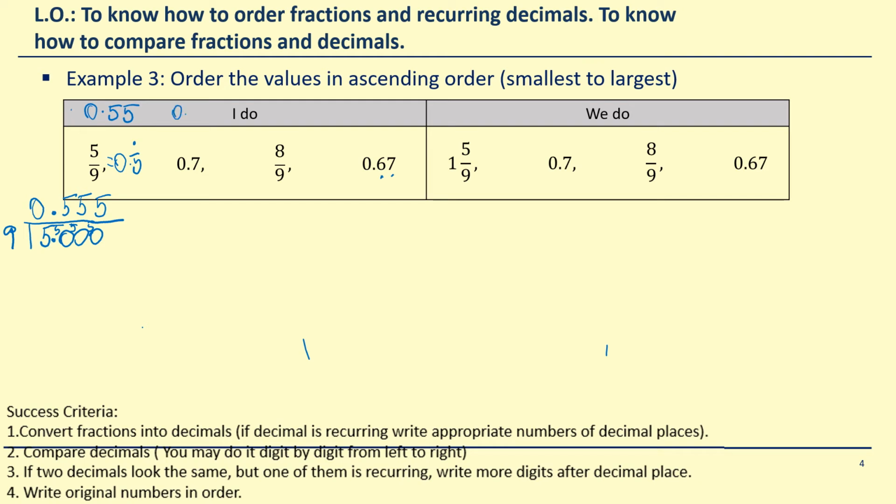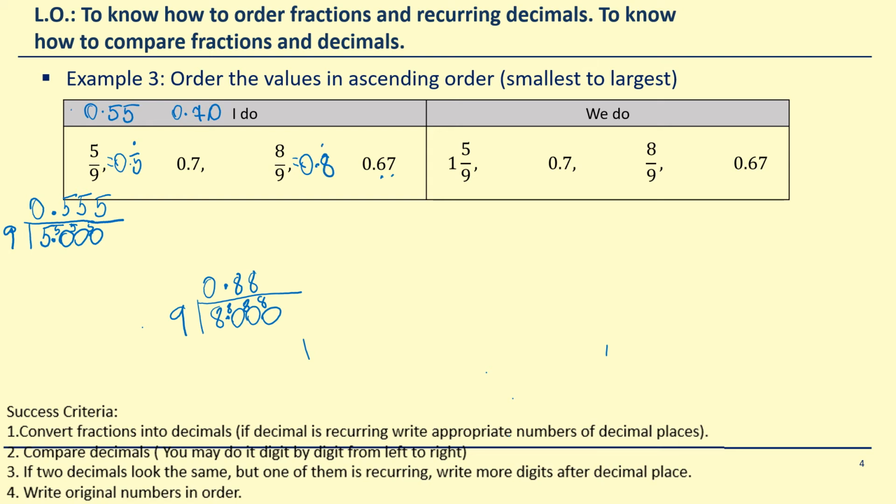This is 0.70. And now this one, so 8.000 divided by 9. Decimal point on top of the decimal point. 9 into 8 goes 0 times, 8 is carried over. 9 into 80 goes 8 times, it's 72, remainder is 8. 9 into 80, 8 times, remainder 8. We can see where it's going. It's going to be